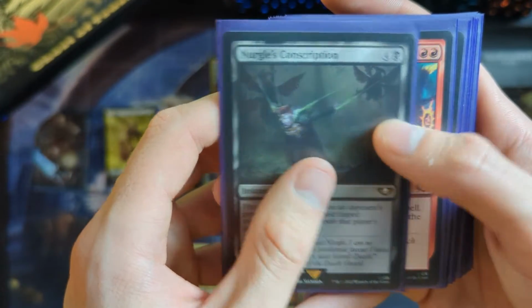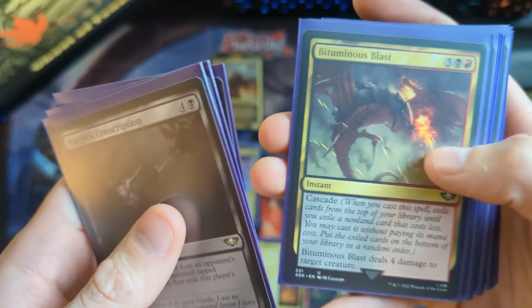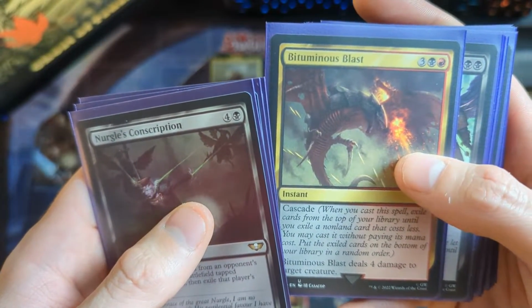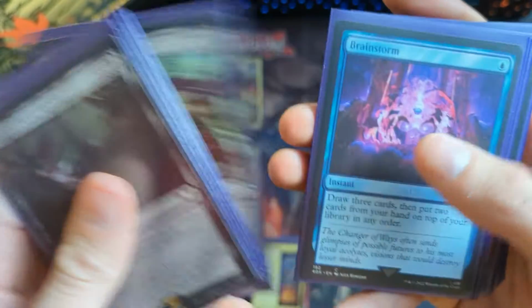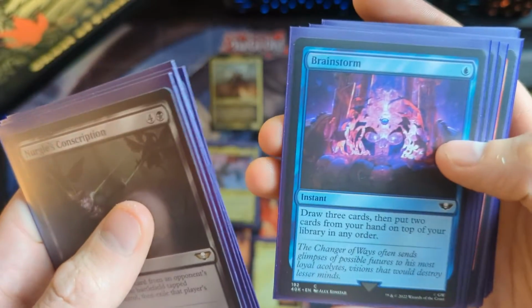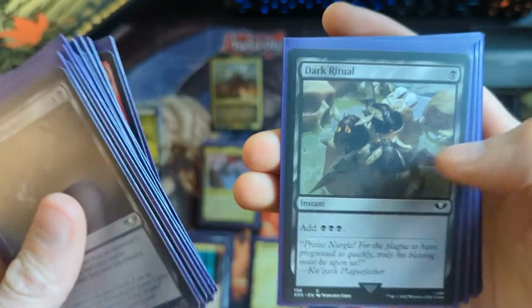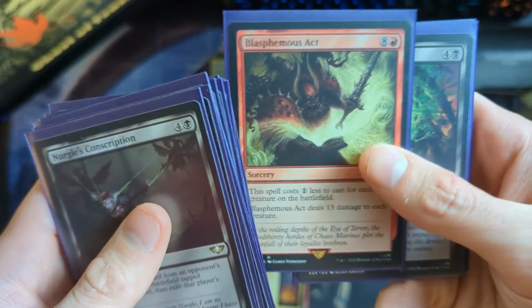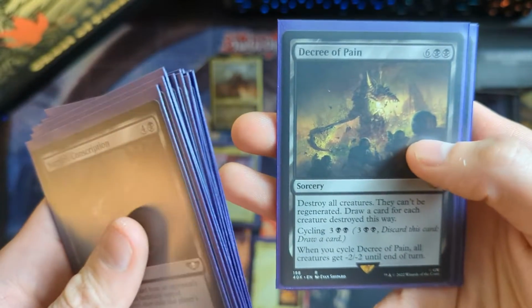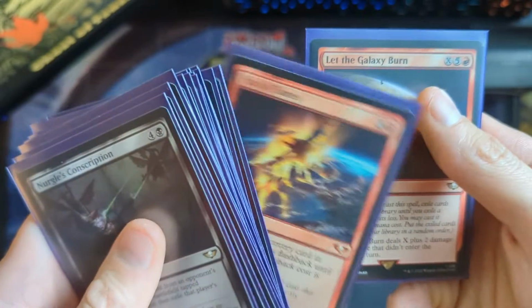And then for our instants, we have Nurgle's Conscription, Reverberate, Kill, Maim, Burn, Bituminous Blast, I assume that's how it's pronounced, Bile Blight, Brainstorm, Blood for the Blood God, Chaos Mutation, Chaos Warp, Dark Ritual, Mandate of Abaddon, Blasphemous Act, Light Grenade, Decree of Pain, Deny Reality, Past in Flames, then Let the